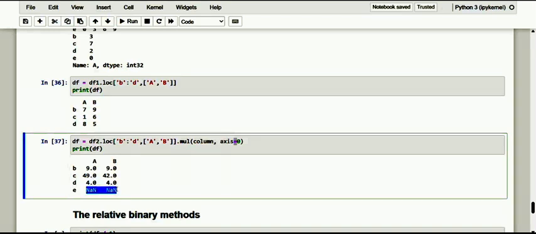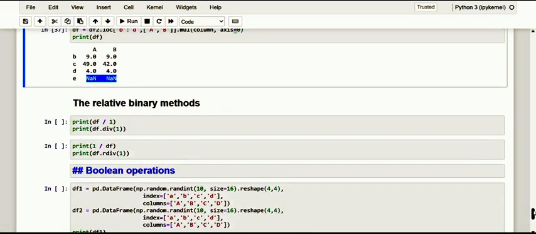So to complete the picture of methods that replace mathematical operators, there are something called relative methods, relative operators. So with the exact operators, it would be like the addition.